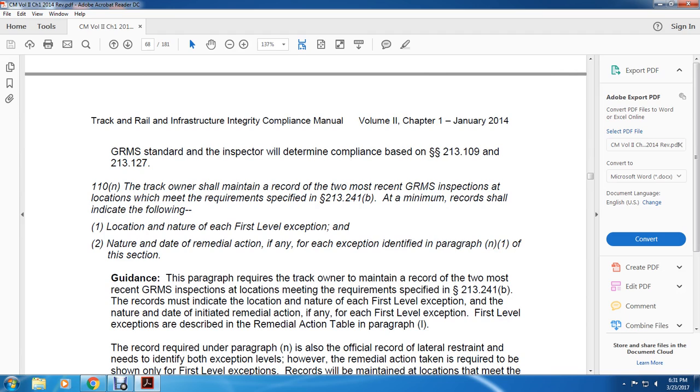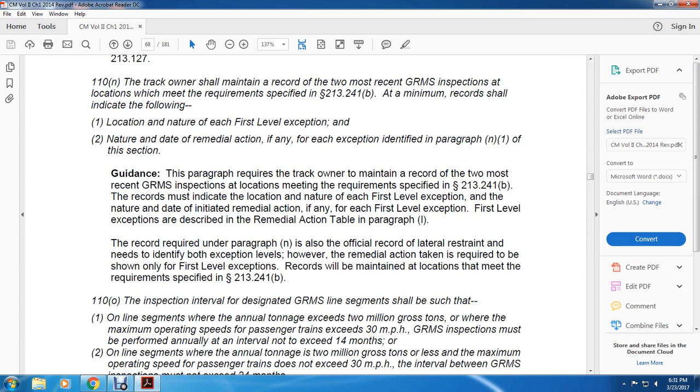213.110(n). The track owner shall maintain the record of the two most recent GRM inspections at the location meeting the requirements specified in 213.241(b), and the minimum record shall include the following: location and nature of each first level exemption, nature and date of the remedial action, if any exemption is identified under paragraph N1 of this section. Guidance. The paragraph requires the track owner to maintain a record of the two most recent gauge resistant measurement inspections at the location meeting the requirements specified in 213.241(b), with the required indication of the location and the nature of each first level exemption, nature and the date of the